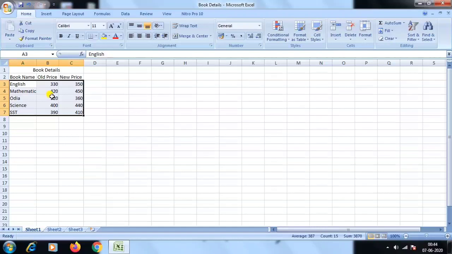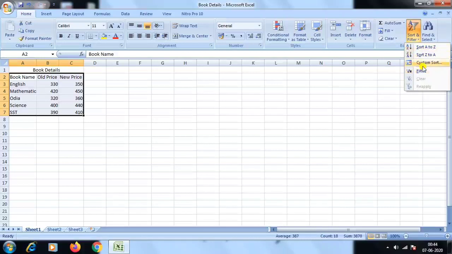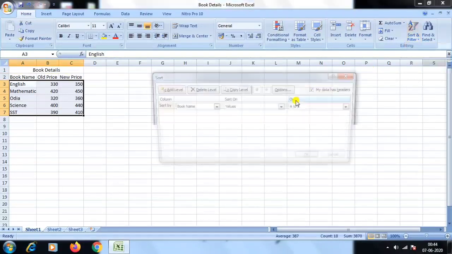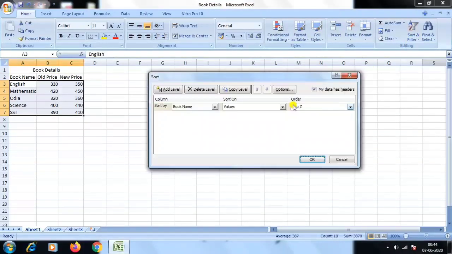If I need to sort old price in descending order, then first you select your table, then go to Sort and click on Custom Sort. When you click on Custom Sort, here another one dialog box will be displayed. Here you select that field which one you need to sort.